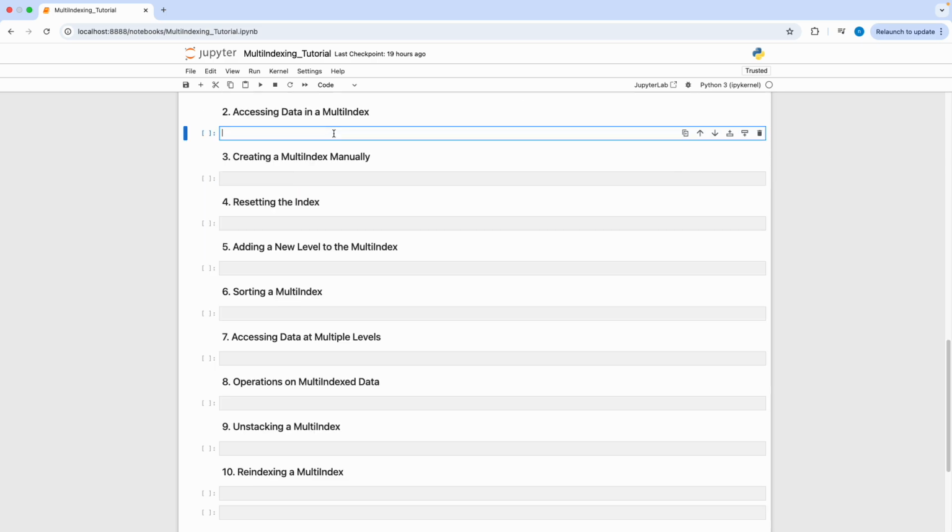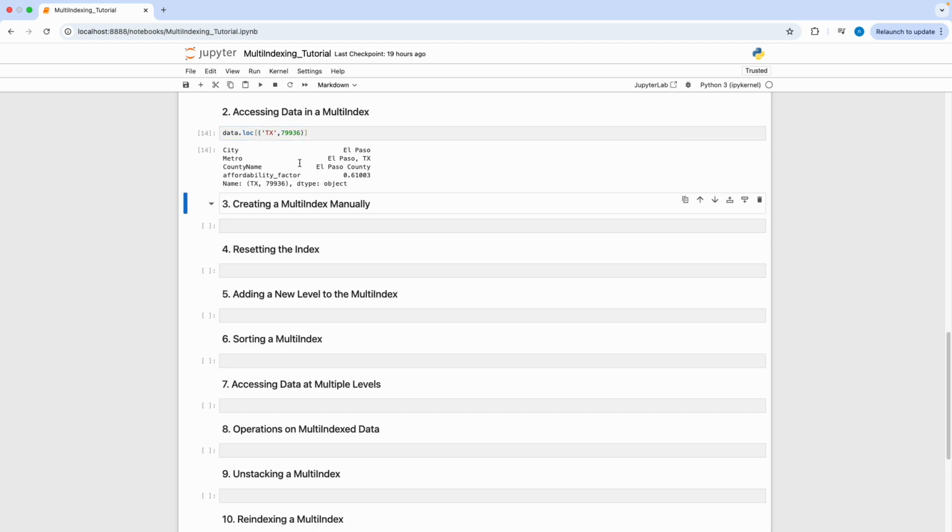The next thing we're going to do is access data in our multi-index, which is fairly simple. We'll use data and we'll use the loc function, and then you'll need your brackets. To actually access data within a multi-index, we're going to use a tuple. So we'll have a set of parentheses here, and we first need to pass in our state, which is the two-letter abbreviation, and we're going to look at a zip code in Texas. We'll look at zip code 79936, and this will tell us that this is the data for El Paso County,